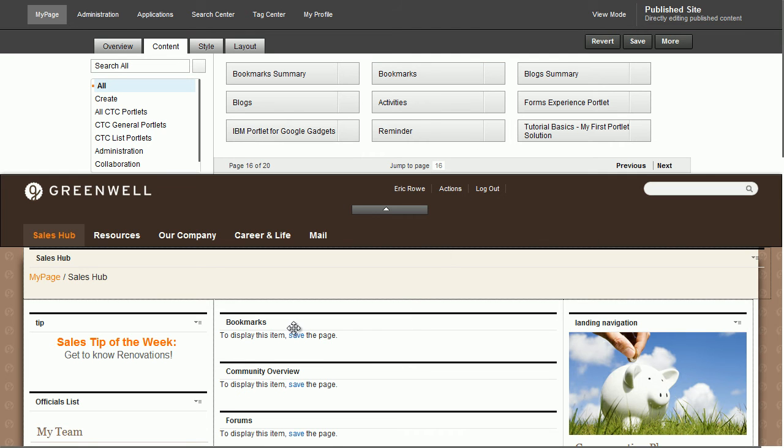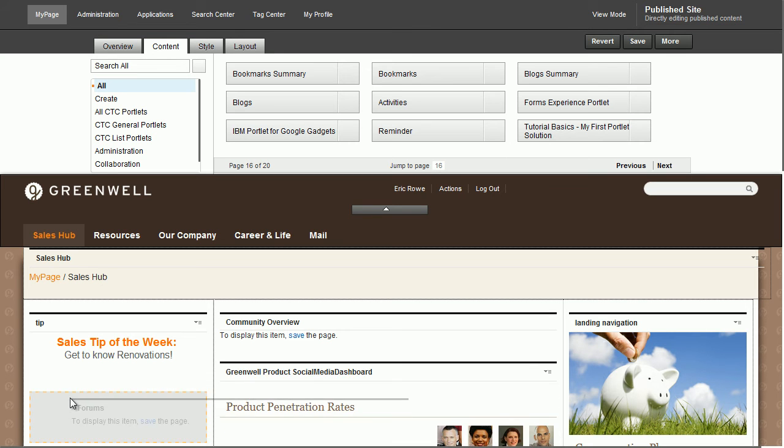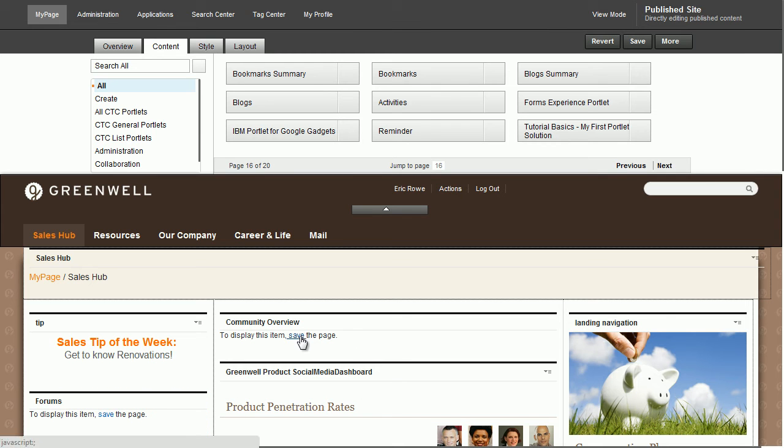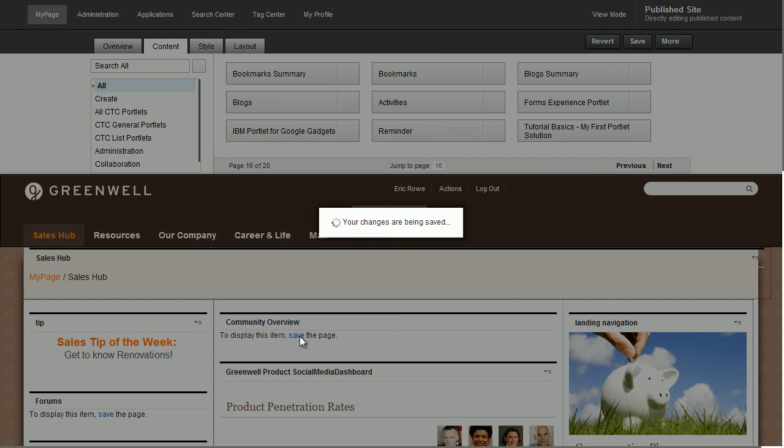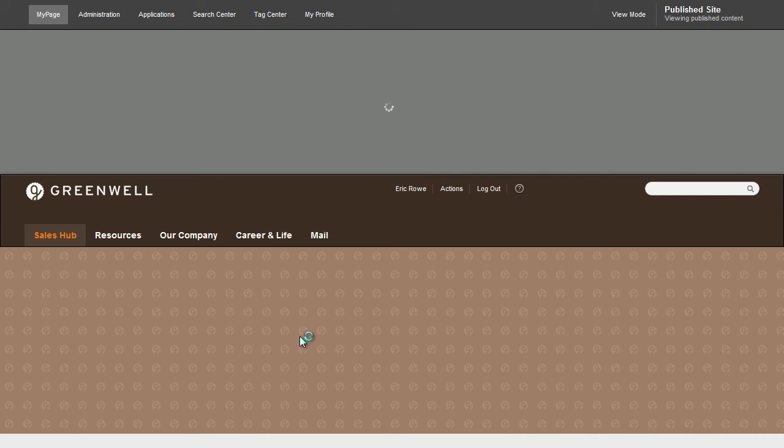And finally, he rearranges things to make everything look a bit nicer. And that's it. Within a few minutes, he has updated this page with the information his team needs to start learning and selling Renovations products. Best of all, this information is available to reps not only on their desktop, but on their mobile devices